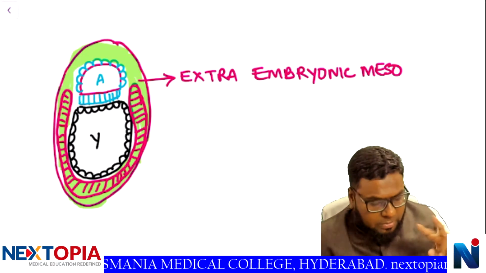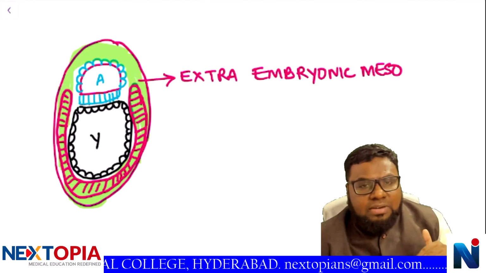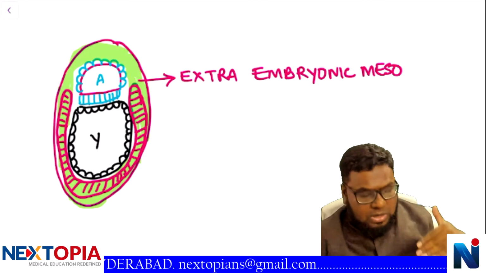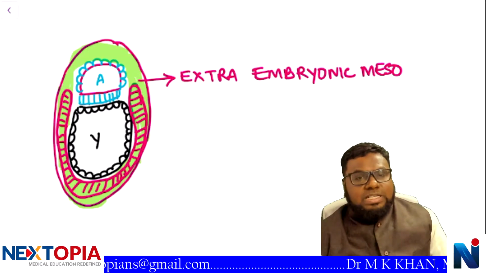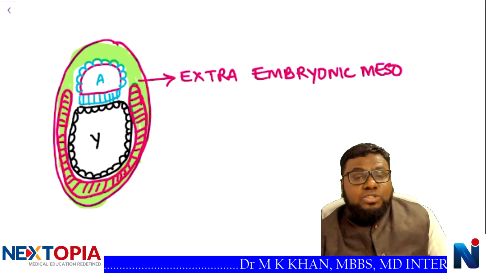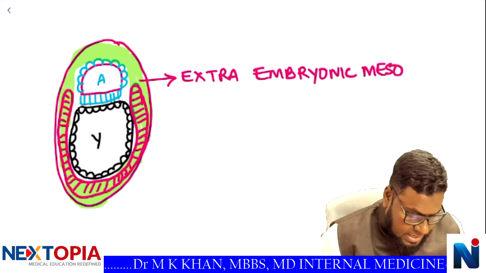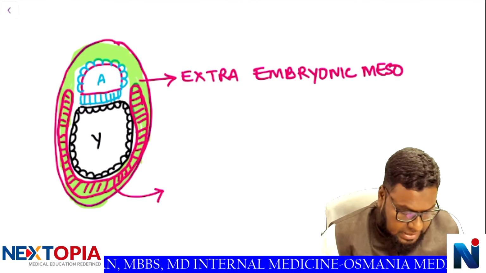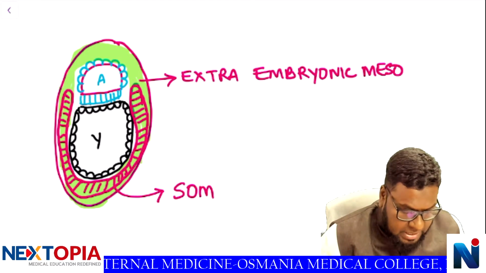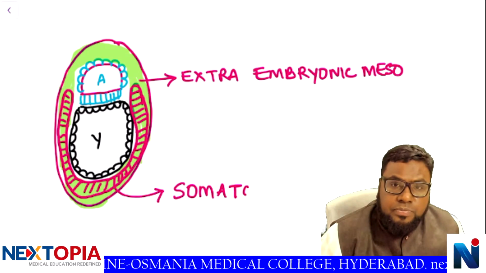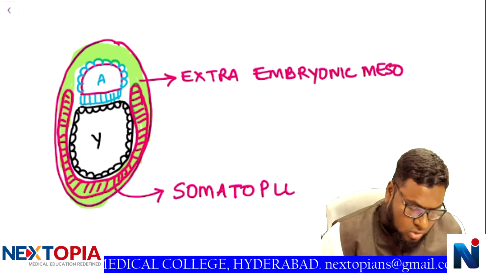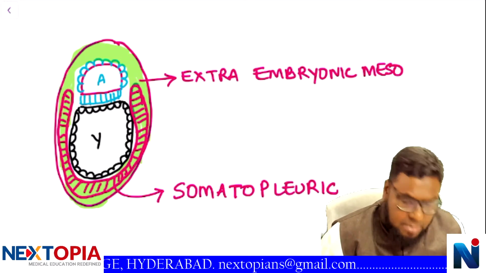This extra embryonic coelom has two layers, is it not? One layer is attached to the endoderm, and one layer is attached to the outer trophoblast cells. The layer attached to the outer trophoblast cells forms the somatopleuric extra embryonic mesoderm,